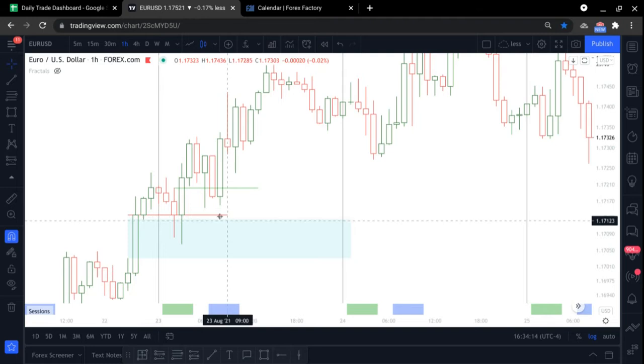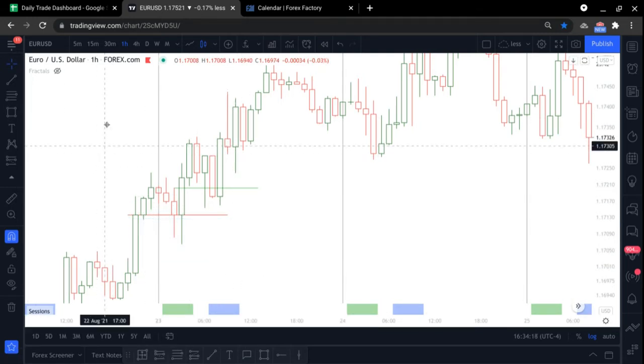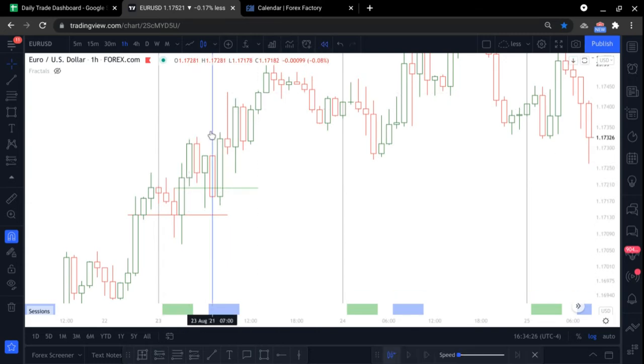Stops purged, so we have our first step. Let me remove this. We have our first step down: purge, revert, and once that occurs, we essentially simply wait for